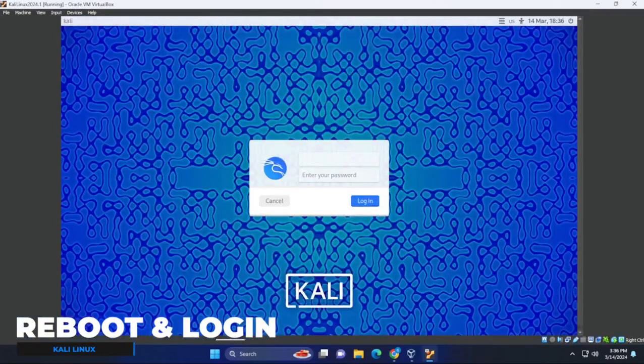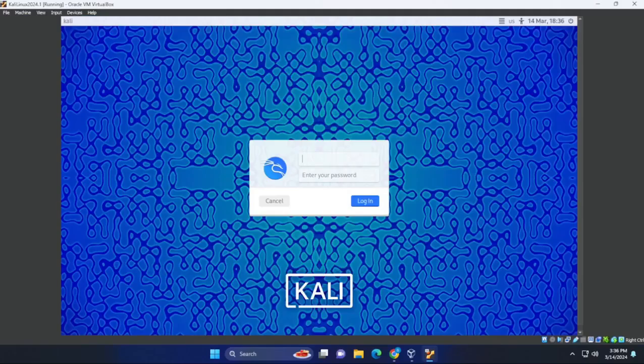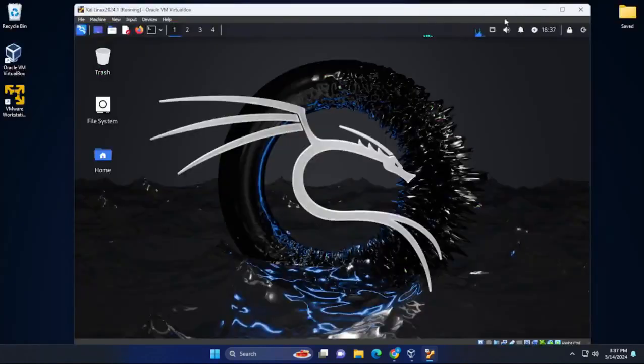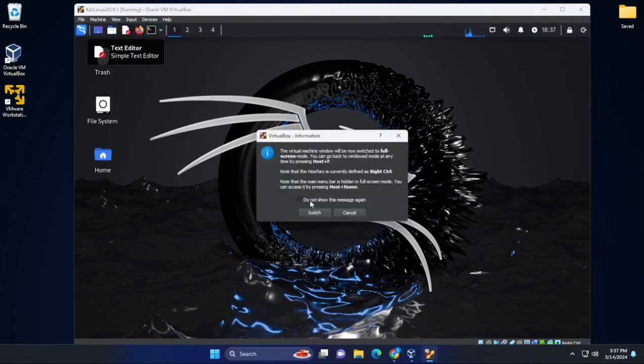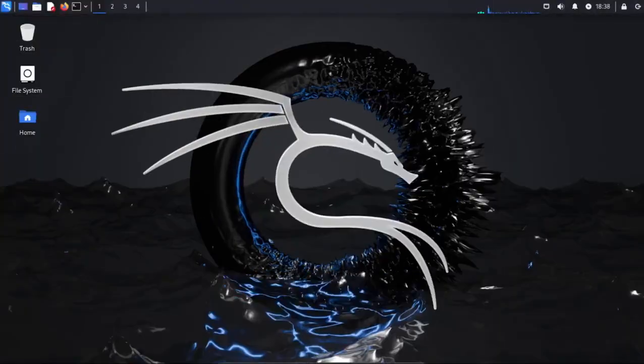Okay, and we're at the login screen. We can now enter in the username and password that we had created during the installation. Alright, and now we're at the Kali Linux desktop. We can go up to the view menu at the top and go into full screen mode, and then click on switch. And here we are at the desktop of Kali Linux version 2024.1 inside VirtualBox on a Windows 11